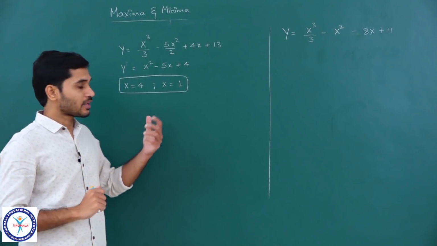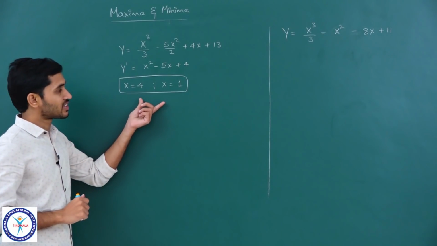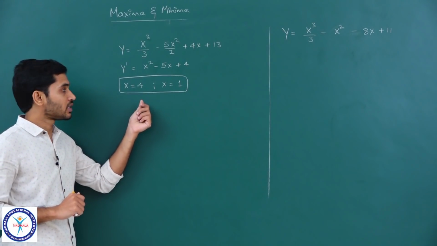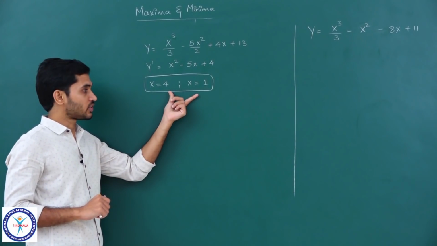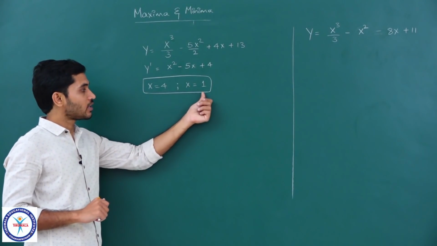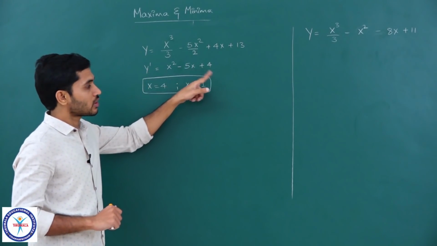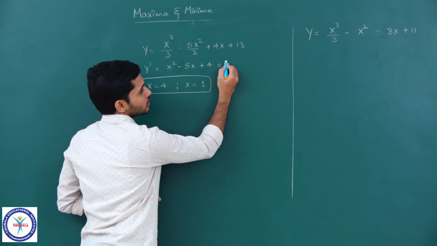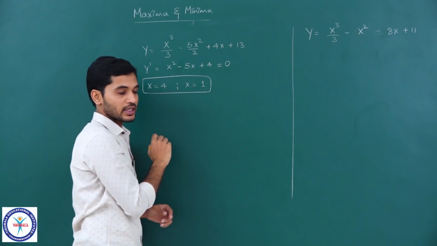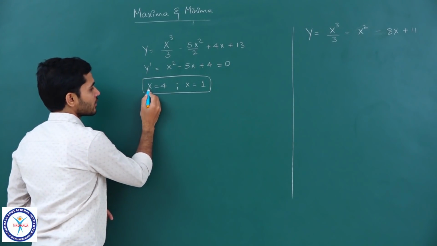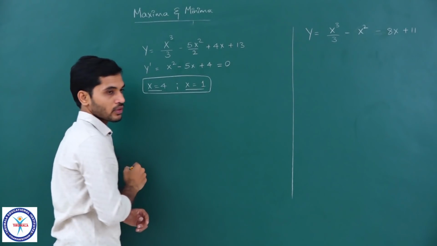So, students, let us apply that idea here. This is the same question which we have done earlier and derived these results, right. These are the values of x for this function where the derivative becomes 0. When I equated this to 0, I got these two, correct. Now I need to identify which is maxima and which is minima.